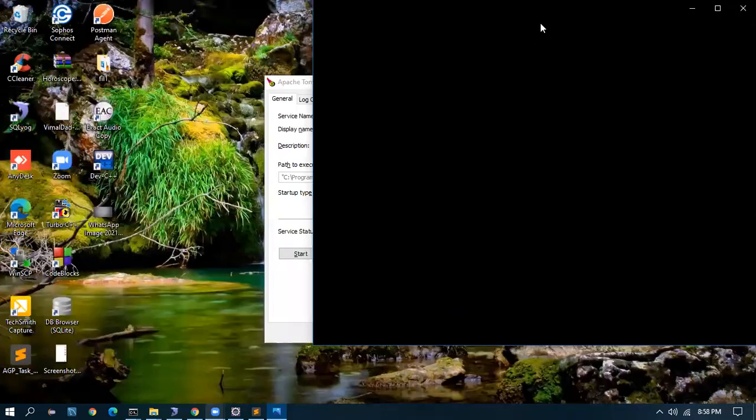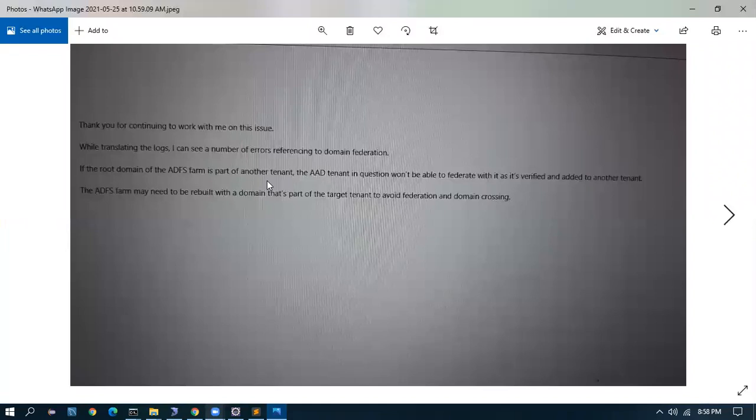We are establishing one federation. We are integrating one federation server to one of the syncing servers, Azure AD Connect. From Azure AD, from the syncing server, we are not able to establish the relying party trust in the federation server.